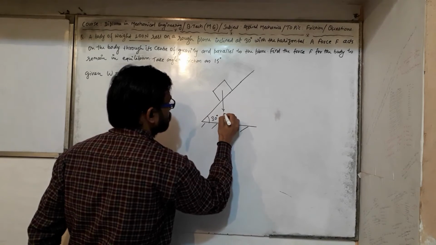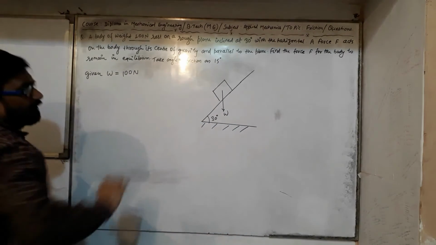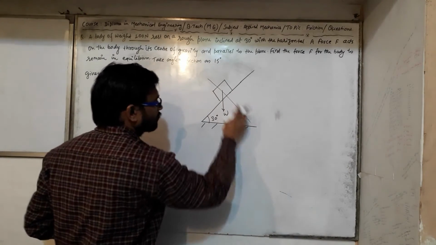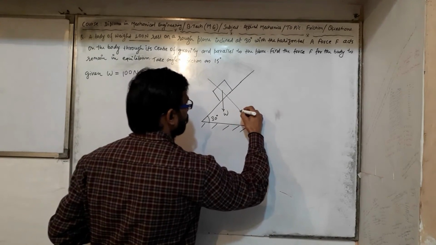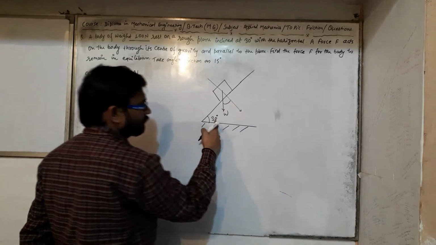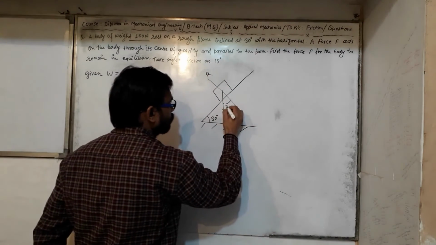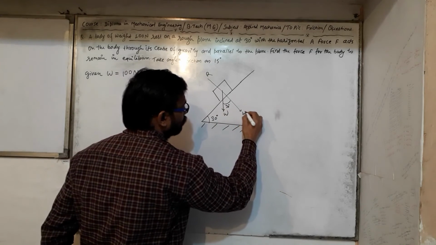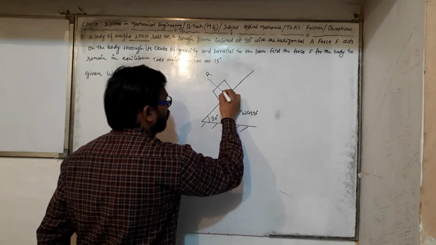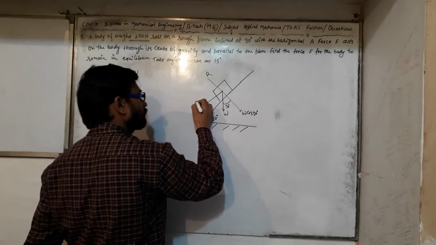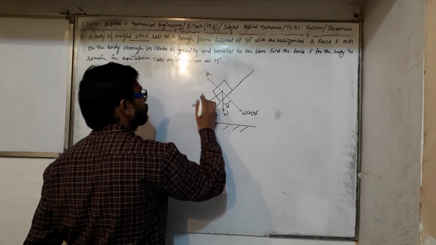So let us say this is W, which is acting in downward direction. So it has two components. One is along the direction normal to it, but in opposite direction of this normal. So normal direction is R. So 30 degree, so this is what? 30 degree. So its component is W cos 30 degree, and vertical to W cos 30 degree, it is W sin 30 degree. This much it is clear.